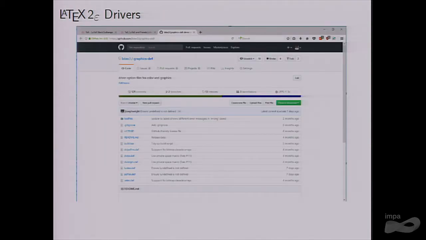So I thought I would just go through a little bit of what I've been up to there. I'll just point to the LaTeX 2e drivers. So just to wrap that story up, there's now this graphics-def GitHub repository, which is mainly David and me, where we've tidied up those drivers at 2e level, and